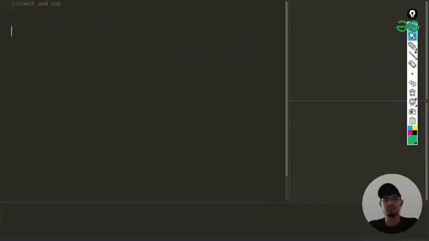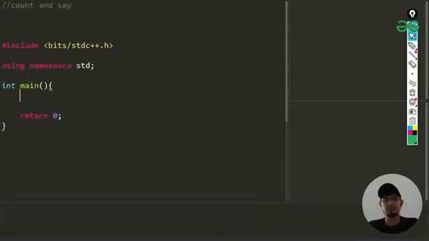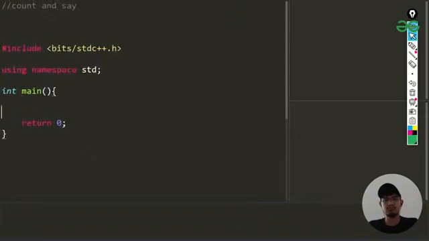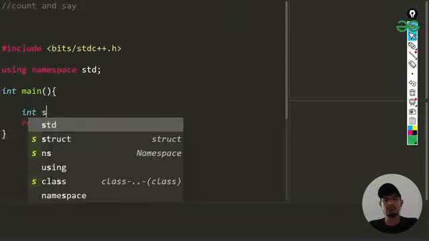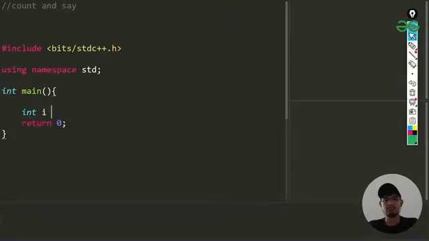First thing is, I'll be getting my boilerplate and increasing the size here. Then I'll be making the input. For example, int n equals 1.